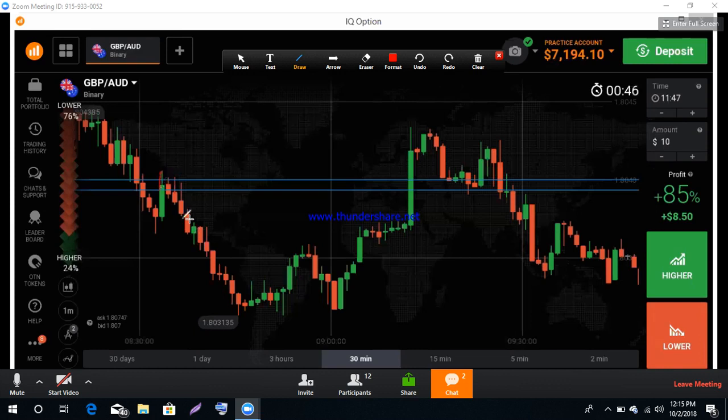So it reversed. So a Marubozu candle always works as a reversal candlestick. Most of the time it will reverse the market. Bro, I have another question. What if this red candle, this hammer-looking red candle, was a spinning top? This one? Yeah, bro, that means sellers are weak here.